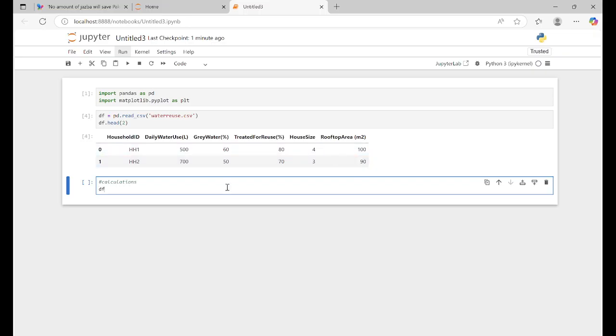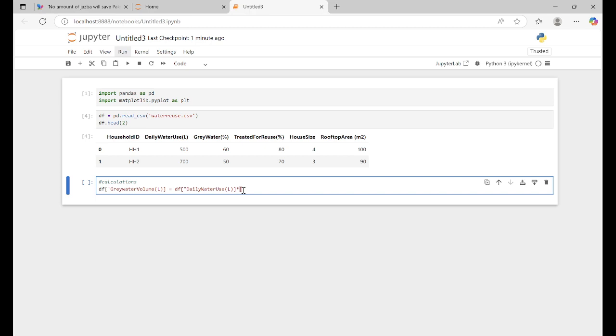So we will create a column here, DF gray water volume, in liter, equal to DF daily water use, using this column, right? This one. Close it, into